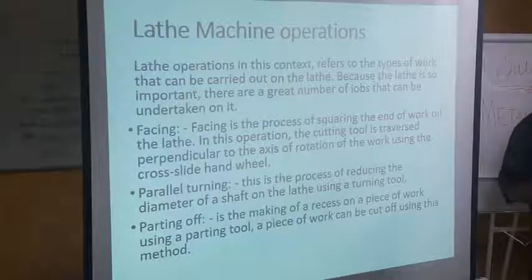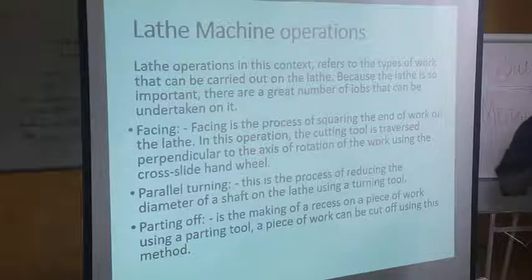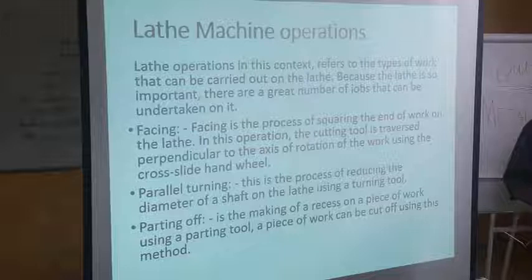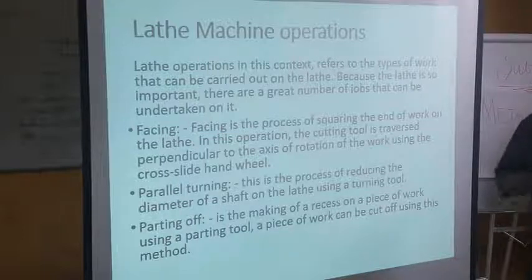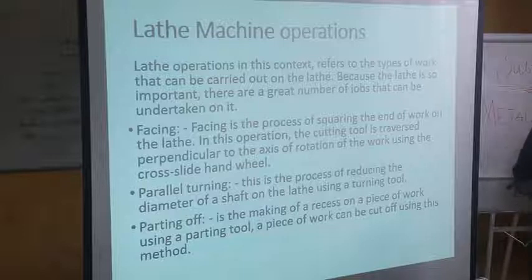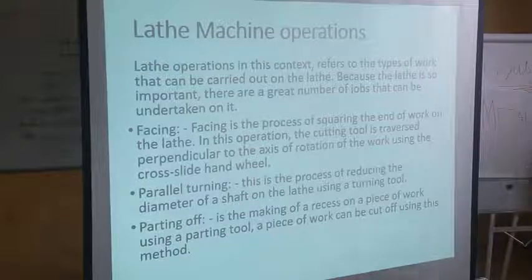The movement of the tool perpendicular to the revolving workpiece held on the chuck gives you the squaring of the end of the workpiece, and that is referred to as facing. It's a simple operation that you have to carry out before embarking on any work to be done on the workpiece. The next one is